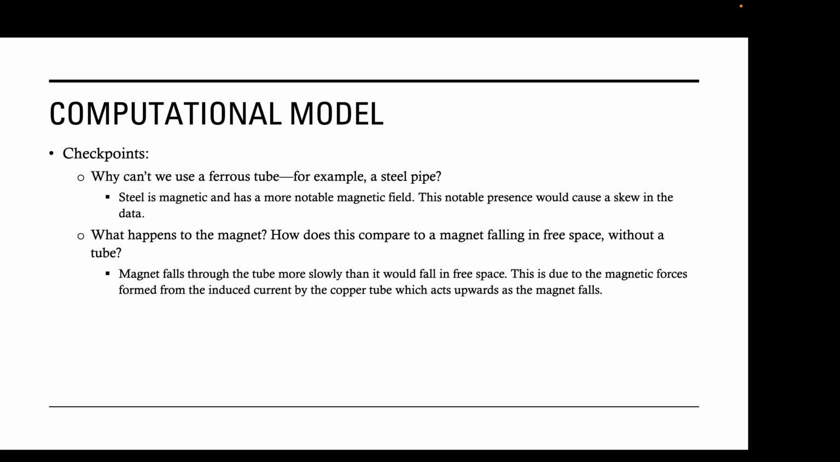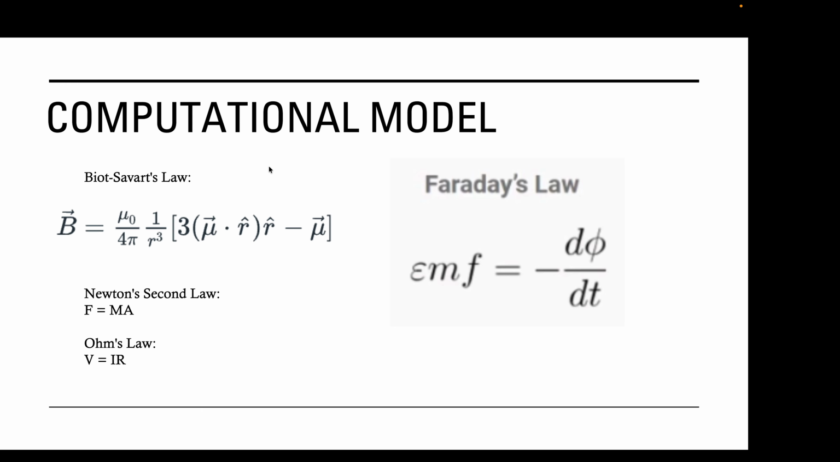What happens to the magnet? How does this compare to a magnet falling in free space without a tube? The magnet falls through the tube more slowly than it would fall in free space. This is due to the magnetic forces formed from the induced current by the copper tube, which acts upward as the magnet falls. Here for the computational, here are our equations for the Biot-Savart law, Faraday's law, Newton's second law, and